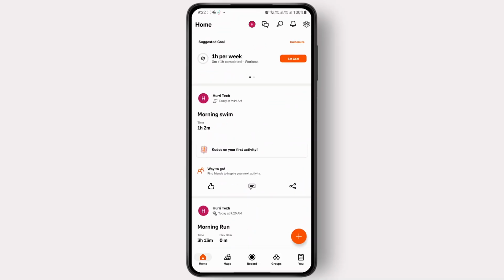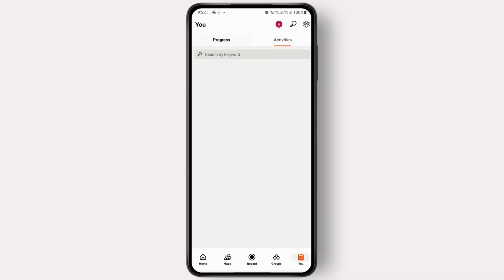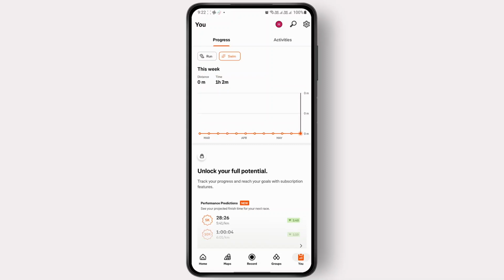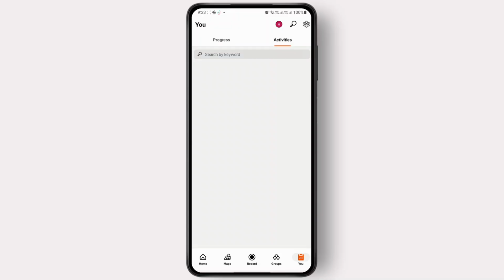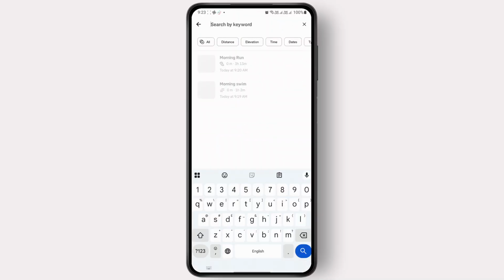What you can do is find them in the You section. So if you are on the progress tab, you'll be able to see the graph for your activities. So if I go to the activities tab and then simply tap on the keywords, I'm able to see all of my activities here. So let's say if I want to share this activity, Morning Run, I'm just going to tap